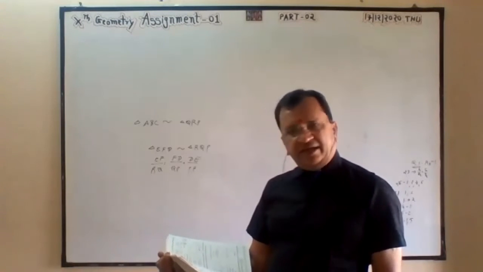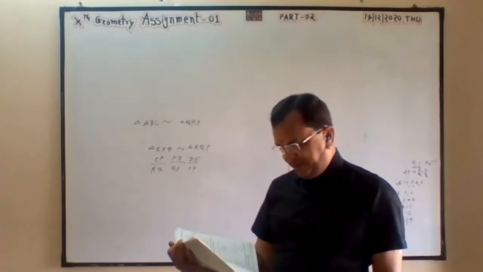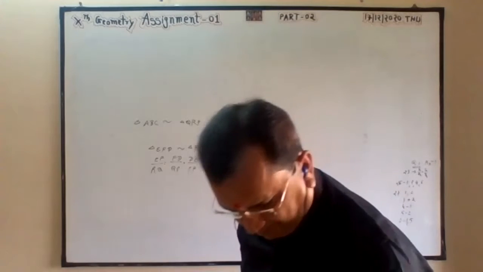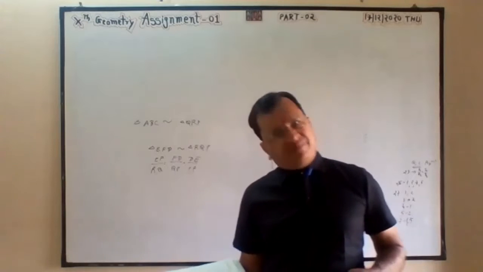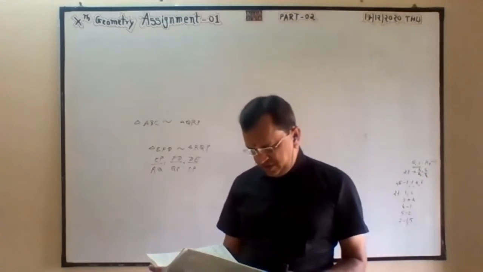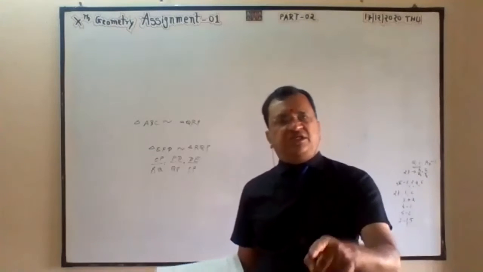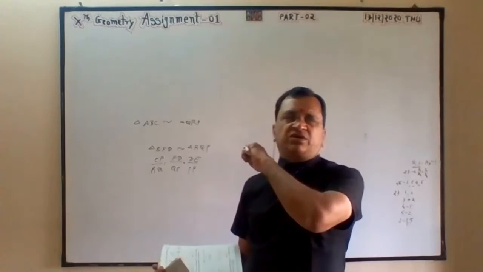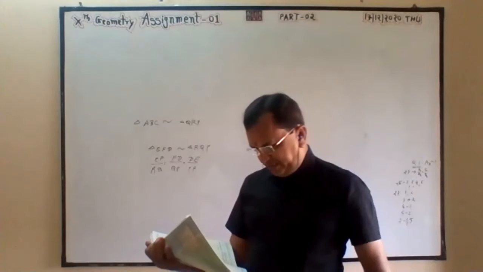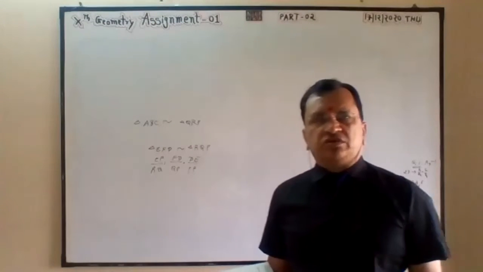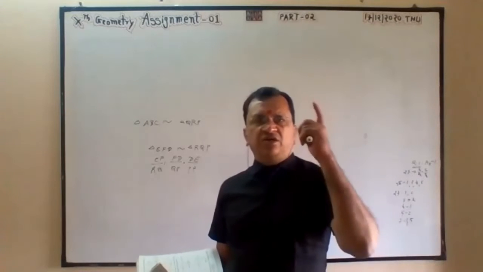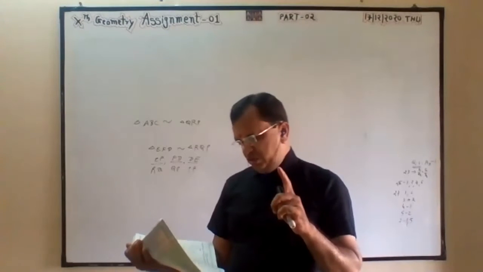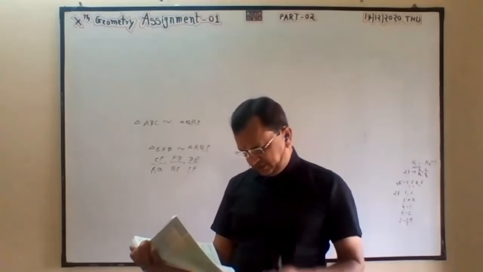Sides are in proportion and angles are congruent. So which statements are true? Triangles are not congruent, not similar? No, if two pairs of angles are equal, then by the AA test it is similar. So the first statement is wrong. Triangles are similar but not congruent? Yes, if one pair of sides is congruent, then similar triangles are said to be congruent. Second one correct. Triangles are congruent and similar both? No, that is possible only when all angles and all sides are congruent. None of the above statements? That is also wrong. So in question number 3, B is correct.